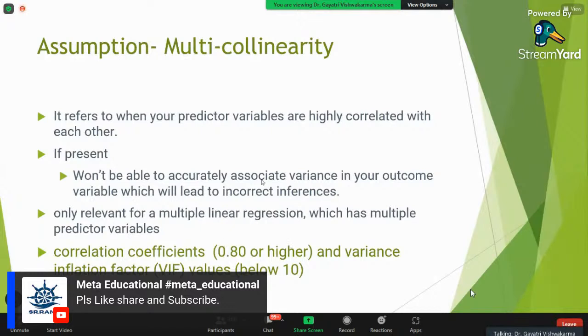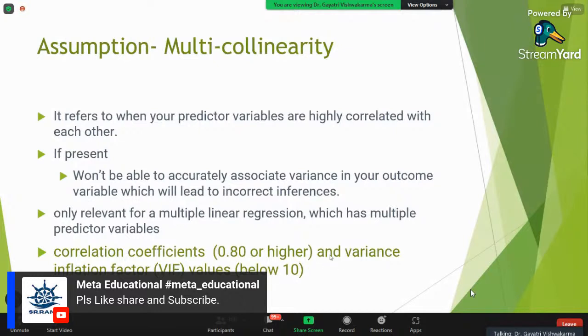And then if there is multicollinearity, we have to enter only one of the variables in the model. We cannot put the same two variables if they are highly correlated. Highly means 0.8 or higher. And also there is one more criterion, I just remember, let me complete this first.